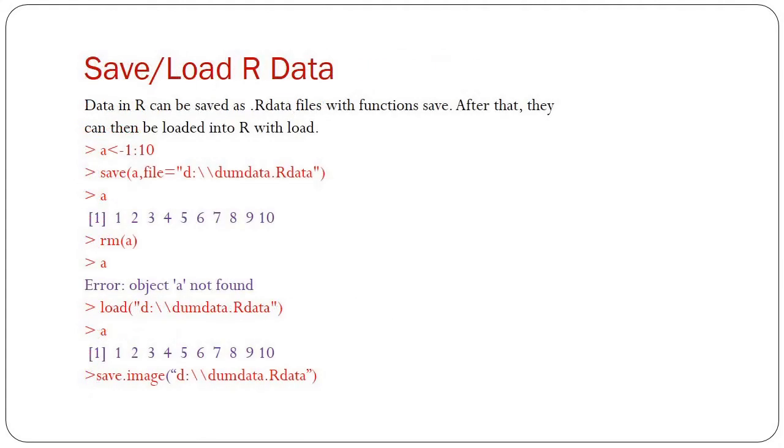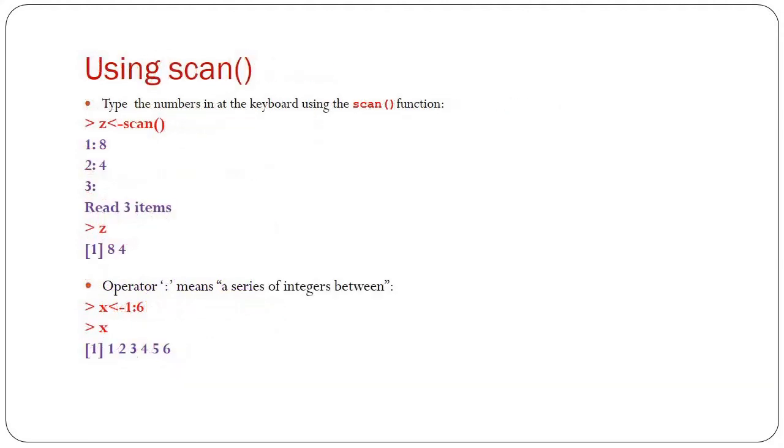Then how can you save and load data? R can generate a sequence. For example, I can say a is equal to 1 colon 10. It generates the values between 1 and 10. You can specify where that variable has to be stored. You can make use of the save command specified by the working directory or where the file has to be stored along with the requisite variable. In this example, the variable is a. Therefore, the command is save, within parentheses the variable name followed by the absolute path where exactly it has to be stored. Keep in mind, R stores your variable values as RData, where R is going to be the uppercase letter. Then you can get the same data by using the function known as the load function.